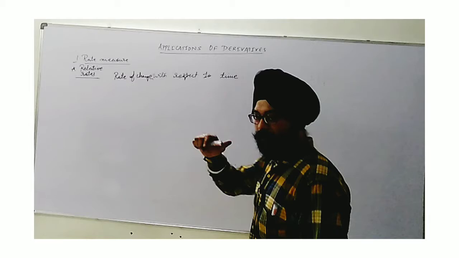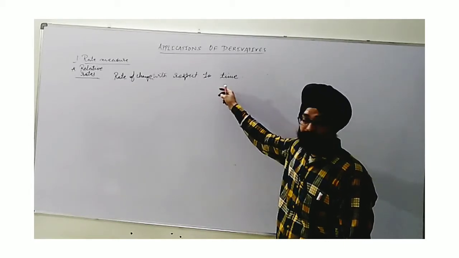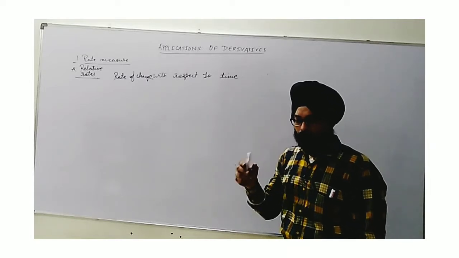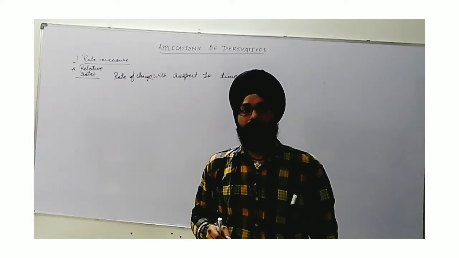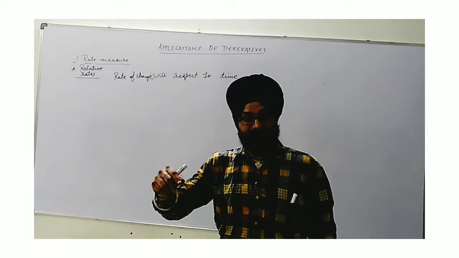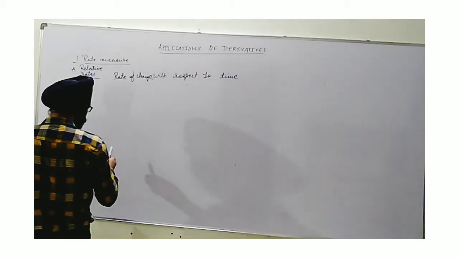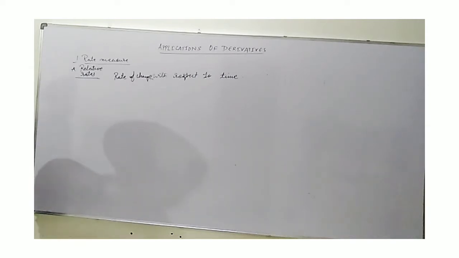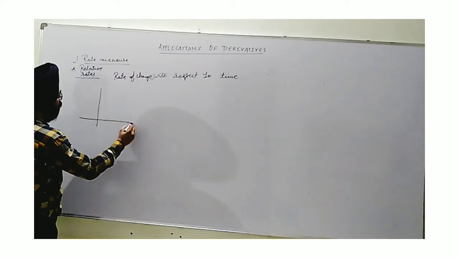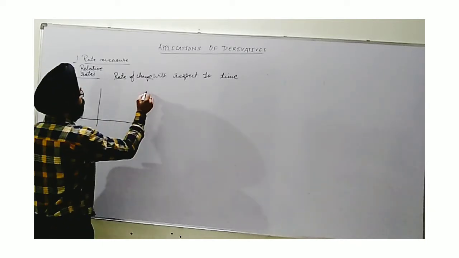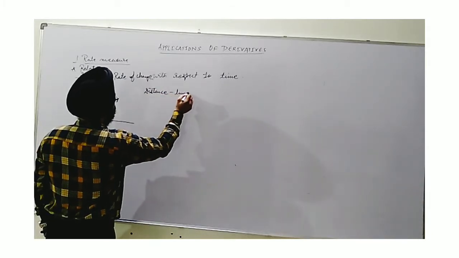Here, before we go ahead with relative rates, one thing we have to see is rate of change with respect to time. We observe one thing, whenever there is a change in some quantity, for sure this changes with respect to time. As time is increasing, the quantity will be either increasing or decreasing. Again, I will recall one concept we have seen in earlier classes, namely the distance time graph.